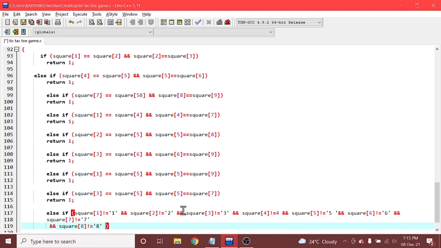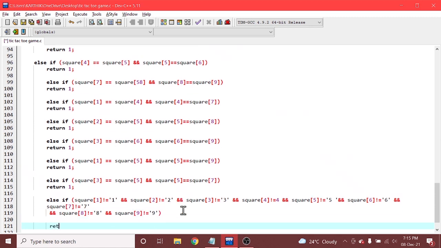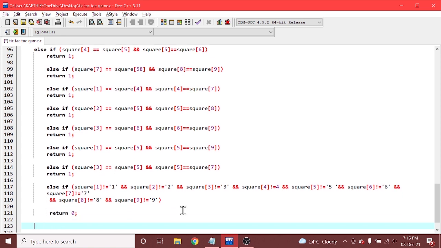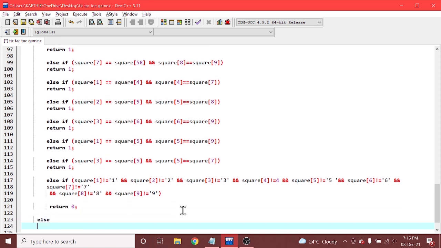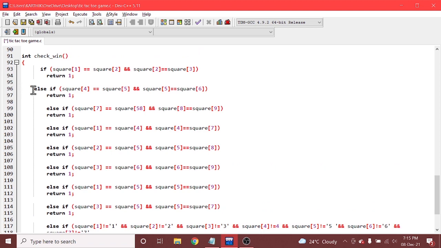Finally checking for 9 and square of 9 not equal to 9. This is a condition. If this condition is followed, then we are simply telling return 0. It's the negative case. And finally we are writing an else condition, return -1. Simple else condition, because it is mandatory whenever you write these if else if statements.